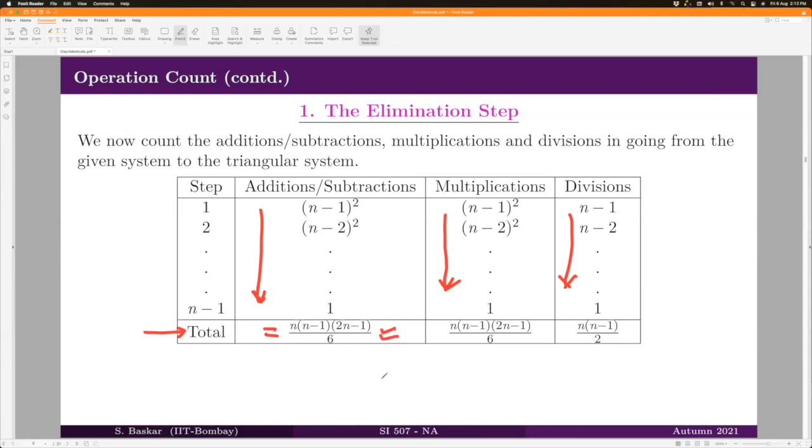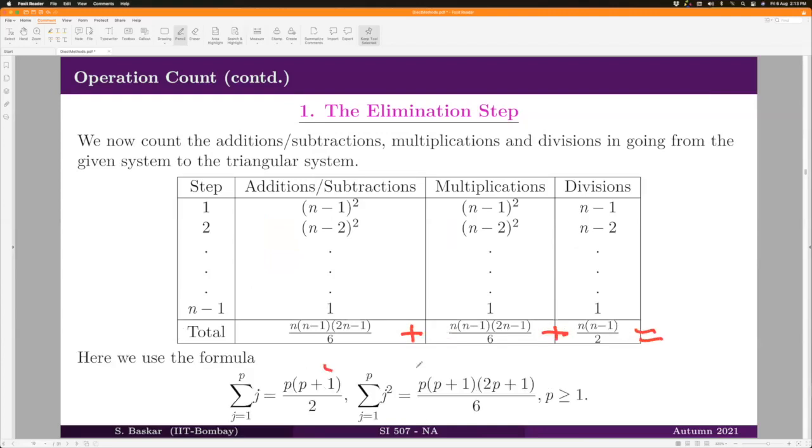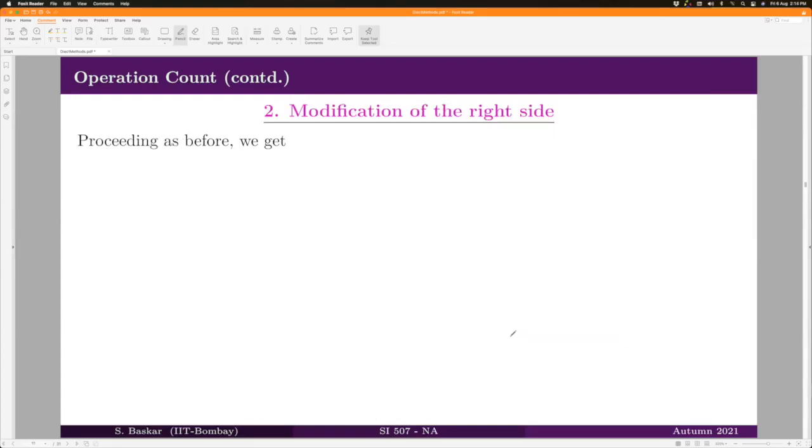Okay. So when you add all this, you can see that it can be written in this form. It's a very elementary formula. And similarly, if you add all these numbers, its formula is given by this. And when you add all these numbers, your formula is given like this. So this is very elementary, right? So these are the formulas we have used in this final expression. Similarly, in the modification part of the right-hand side, that is b1, b2, and so on up to bn, how many operations are involved? You just think and do it, and then continue with this video